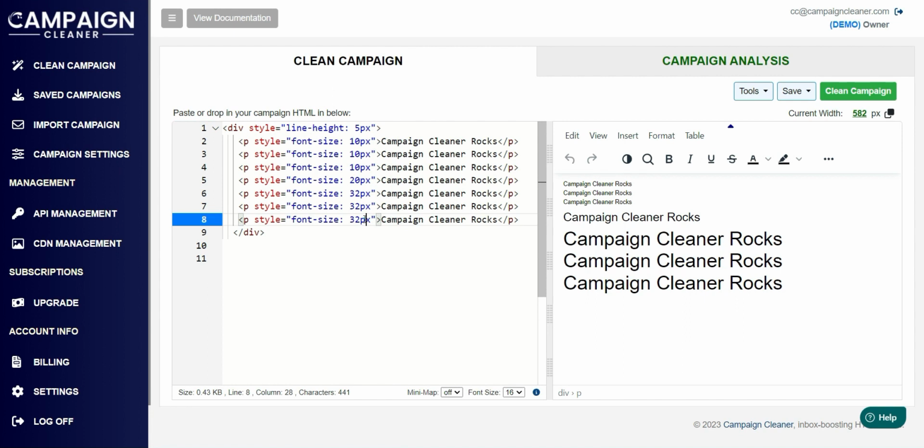In summary, font sizes matter a lot. Too small, and you're straining eyes. Too big, and you risk looking unprofessional. By keeping font sizes within the ideal range, you ensure your message is clear, accessible, and primed for